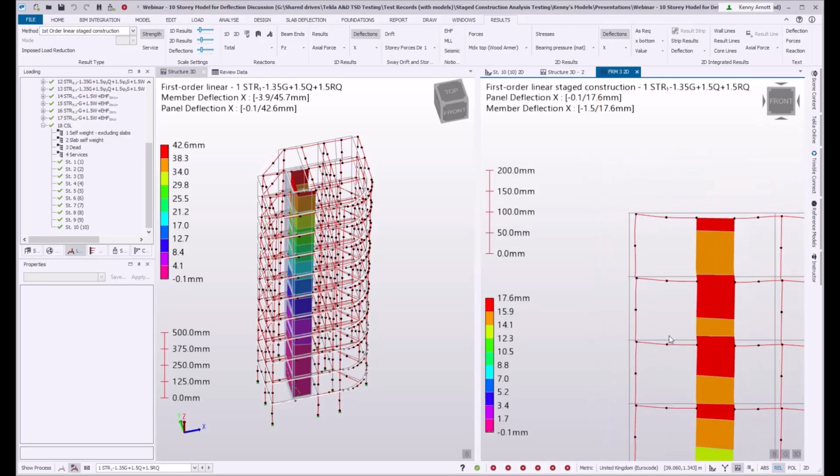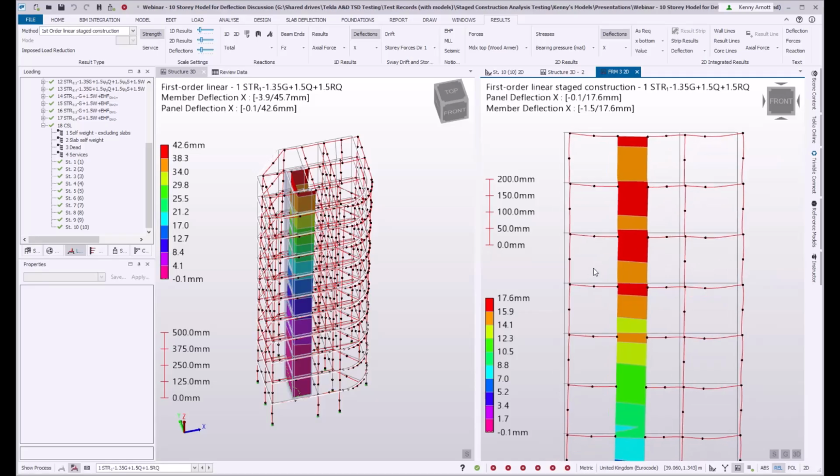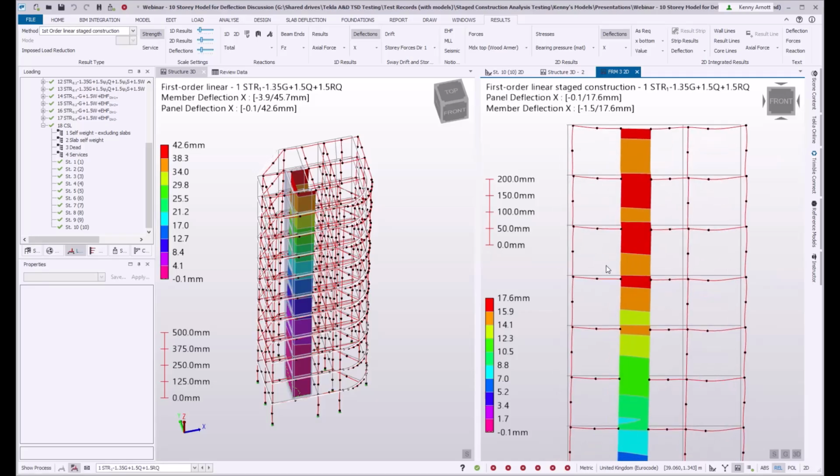So those are the two things where you might start to look globally at the deflections, get a bit worried, then start to look at things more locally, and think, well, I don't really understand what's going on there. So the purpose of this next section of the presentation is to explain why these things do make sense, and once you understand the background to it, hopefully you can move on and not worry about it.